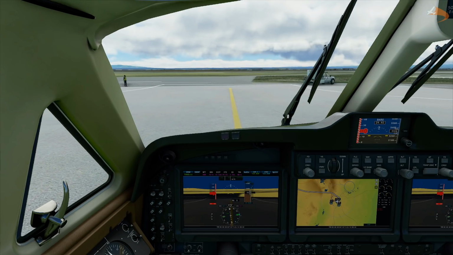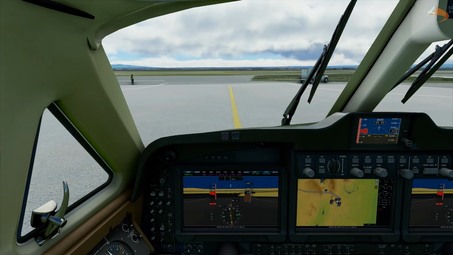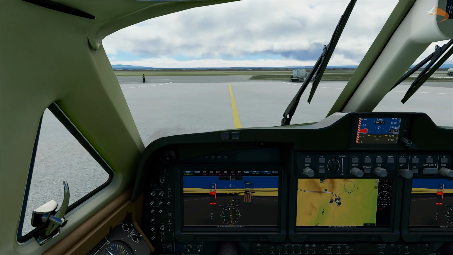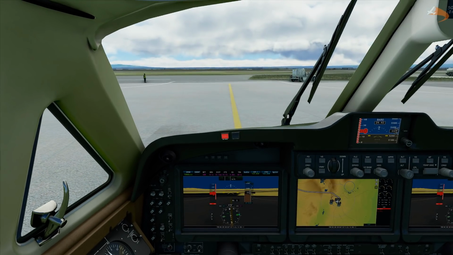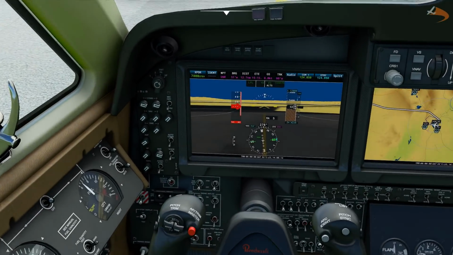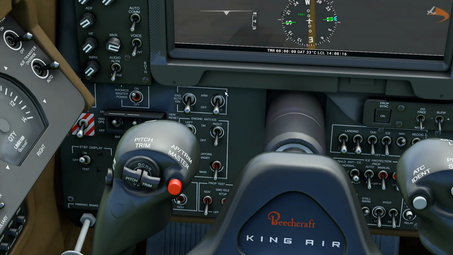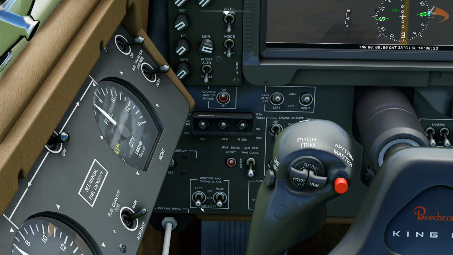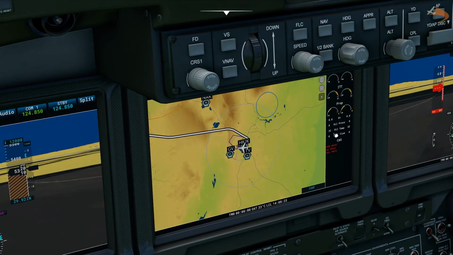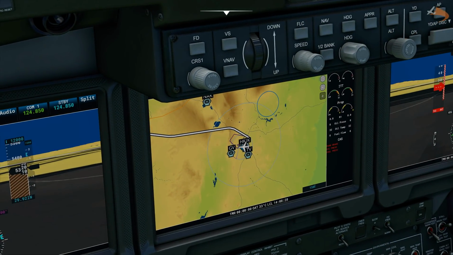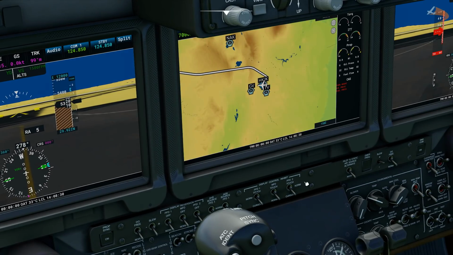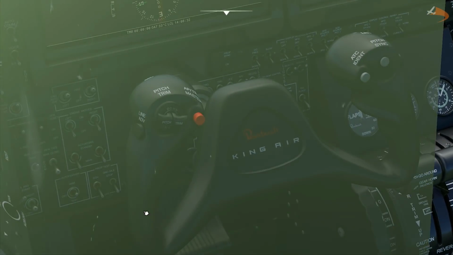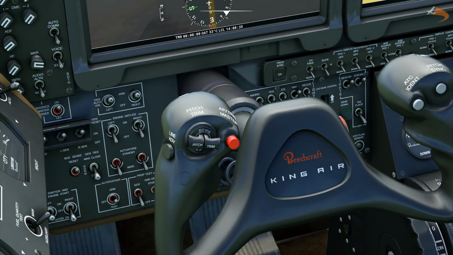In fact, I don't think we need to push out the entire way. That should do us far enough. So if we stop the pushback now, set the parking brake again. Oral warning, okay. And yeah, start up the engines now. So both auto igniters come on. The engine start switch is down here, and then we need to watch the N1s, which are over here in the middle. So, let's flick the switch, hold it down,